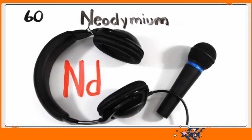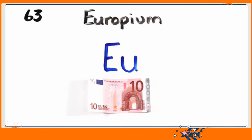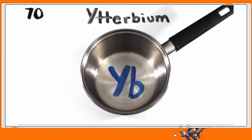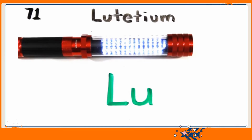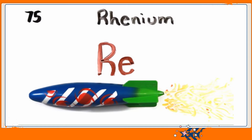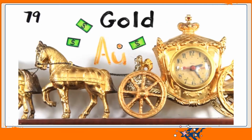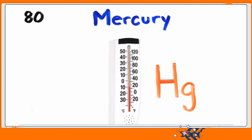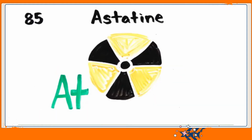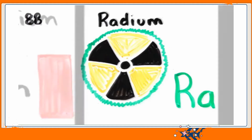praseodymium. Neodymium's next to promethium, then 62, samarium, europium, gadolinium, and terbium, dysprosium, holmium, erbium, thulium, ytterbium, lutetium, hafnium, tantalum, tungsten, then we're on to rhenium, osmium, and iridium, platinum, gold to make you rich till you grow old, mercury to tell you when it's really cold, thallium, and lead, then bismuth for your tummy, polonium, astatine would not be yummy, radon, francium will last a little time, radium, then actinides at